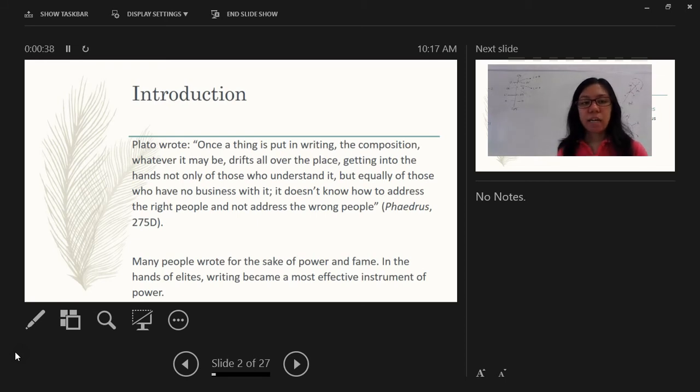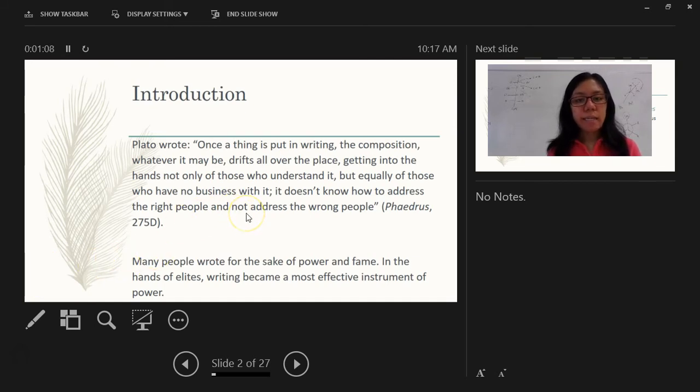So, the introduction. The idea of the manuscript first emerged in Plato's time and place, which is in Greece around 400 BC. At that time, philosophy and writing were not something new, but to practice philosophy in writing was new in Plato's era, and Plato didn't think writing could be used to practice philosophy, because Plato wrote, once a